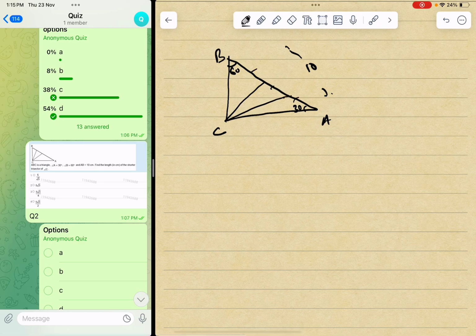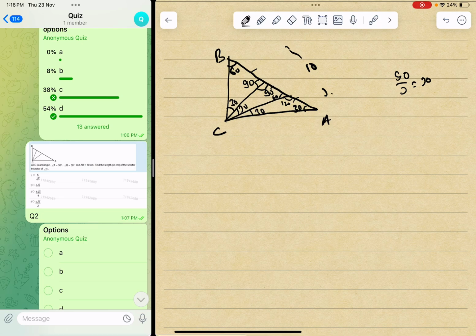So this we know is 30, this we know is 60. Trisector means all the three angles will be equal. So 90 by 3, each will be 30. If this is 30, this will be 90, right? Again, if this is 90, this has to be 90. This will be 30, and this will be 60. Now if this is 30, this is 30, 30, 30, and this will be 120.